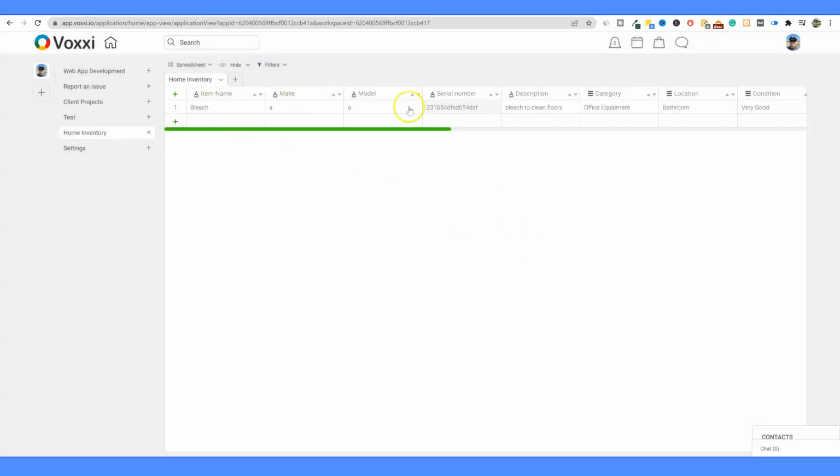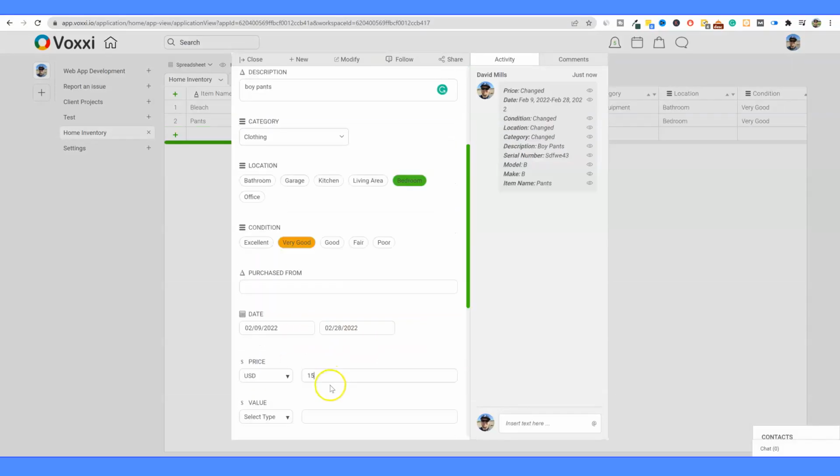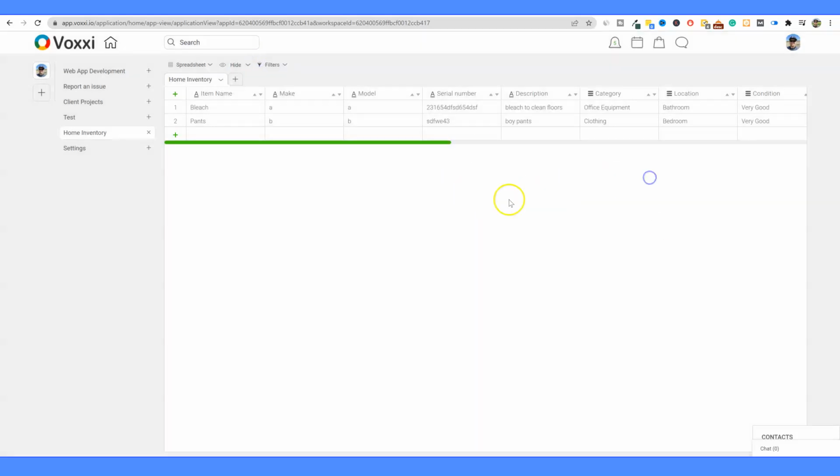So we have our first bleach, and it's kind of like a spreadsheet. This is in a spreadsheet type look, right? We have category. And then once you start adding more, I'm going to put that in clothing. Perfect. Okay, so I wanted to add 2 items just so we can have something to look at, because you can actually, you could come in here